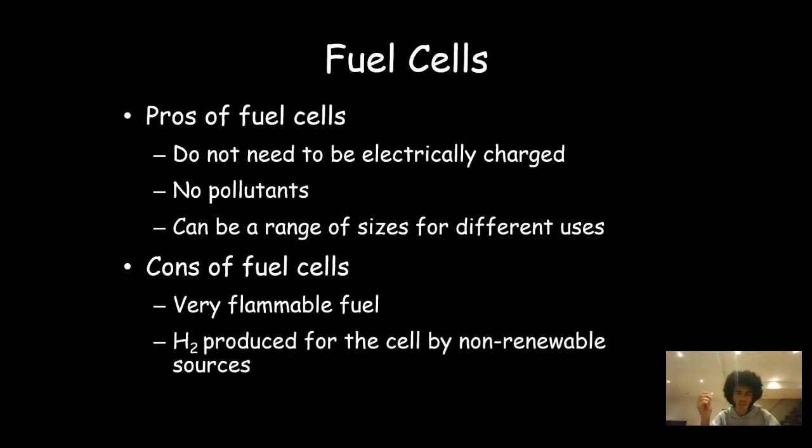Also, hydrogen produced for this cell is often done by non-renewable resources. Now, one of the common ways in which you produce hydrogen is basically by using fossil fuels. Now, that's not a sustainable way of doing it. And that's one of the problems with hydrogen cells at the moment. And then the final issue is it's difficult to store. Now, if you go back to the earlier thing which I was talking about, which is having hydrogen fuel cells in cars, very flammable, very dangerous, it's very difficult to store as well because you need like high pressure. It's tough, okay? So it's not an easy thing to carry around and it's not very practical to use in comparison to petrol, which you can put in a car, and whilst petrol's flammable, it's no way near as flammable